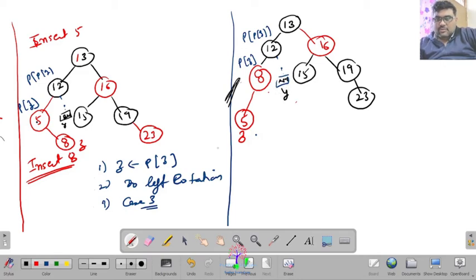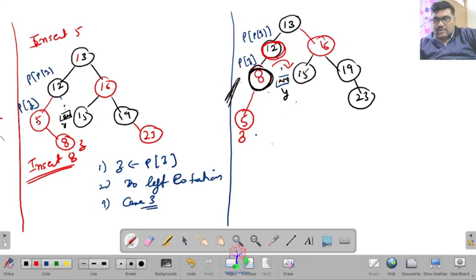So in this case, what will we do? We make this parent black, and the parent of Z red, and take the right rotation under it.